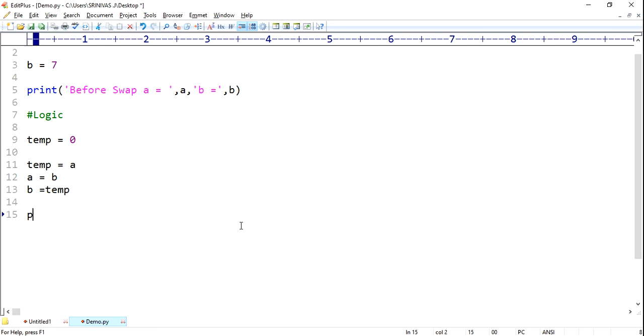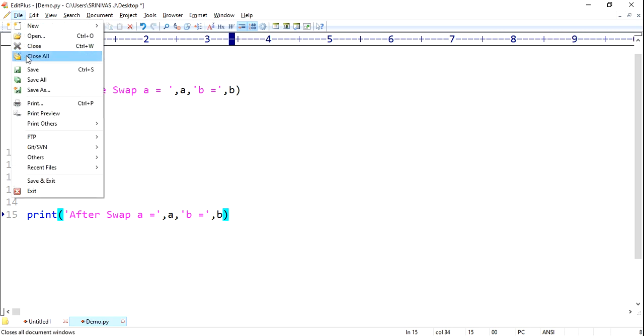And then I want to print after swap. a equals to comma a, b equals to comma b. Save the program.